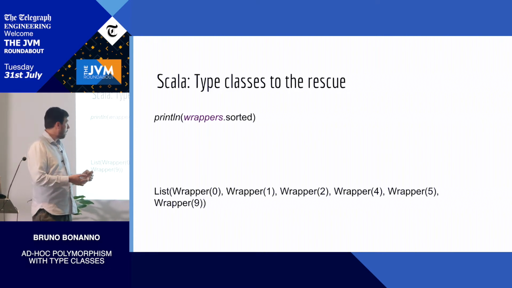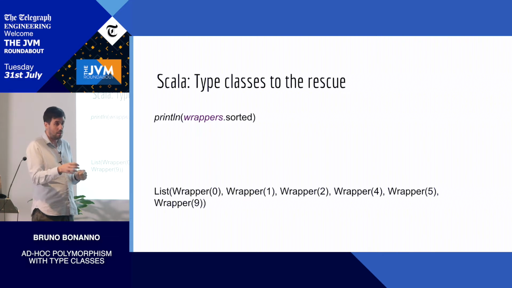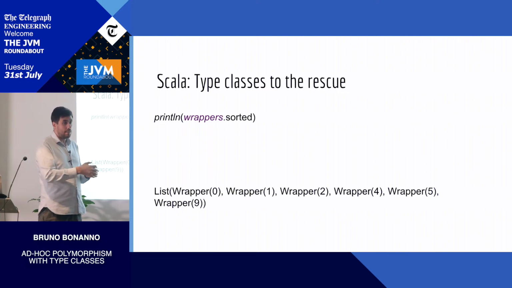So basically, if we have a class that we sort in a bunch of places in our system, and we know that we want to just have that definition once, we put that in the companion object, and suddenly